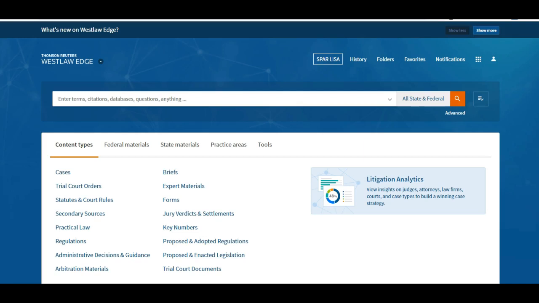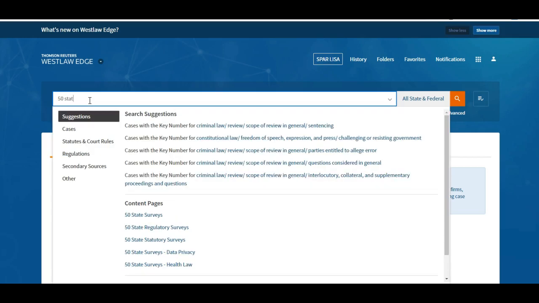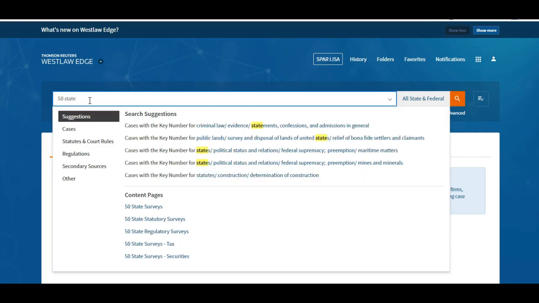Many of you as young attorneys or associates are going to be asked by a supervisor to tell me the law in all 50 states on fill in the blank. Actually, when I was practicing, I was asked to do this for underground storage tanks. And boy, do I wish I knew about the tool called 50-state surveys, which at the time, sadly, I did not. If I had, I could go here on Westlaw and type in the word 50 state,